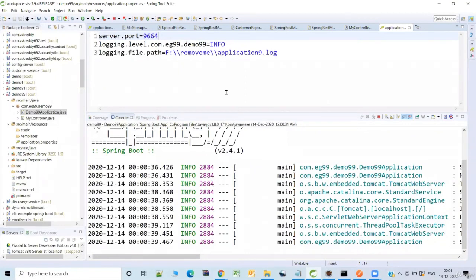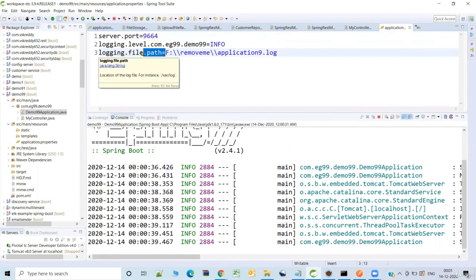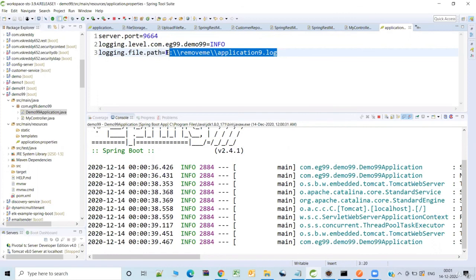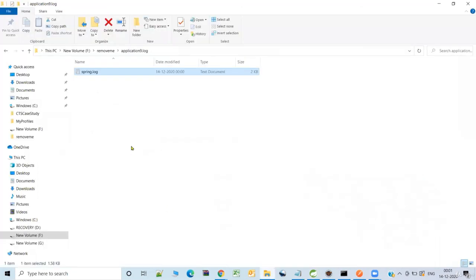Yes, here there is a small improvement. Actually, in the later versions of Spring Boot, instead of logging.file, you need to specify it as a path here. So what happens is it creates this folder if it is not existing, and inside that it will put the logs which are generated. So when we run the application, it is inside the path, that is remove me application 9.log.